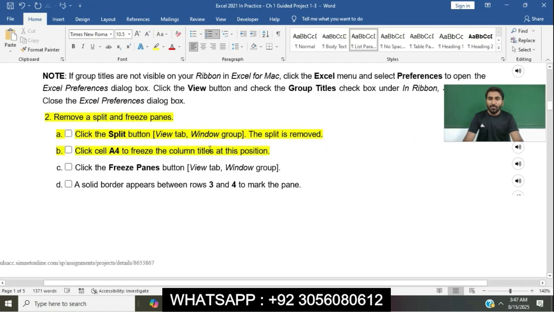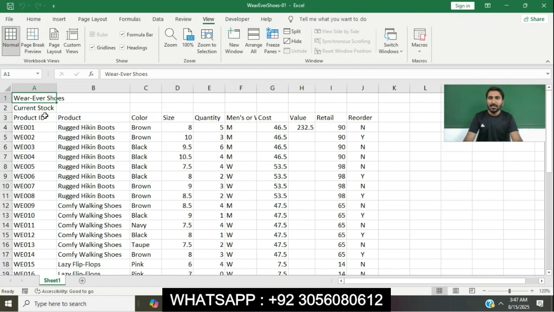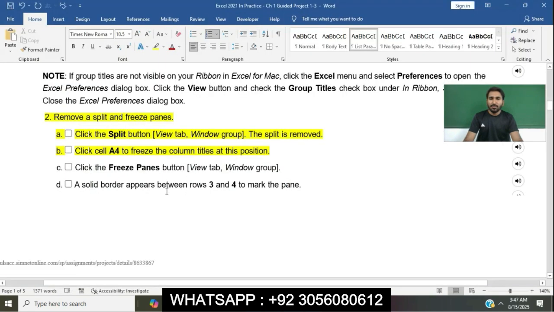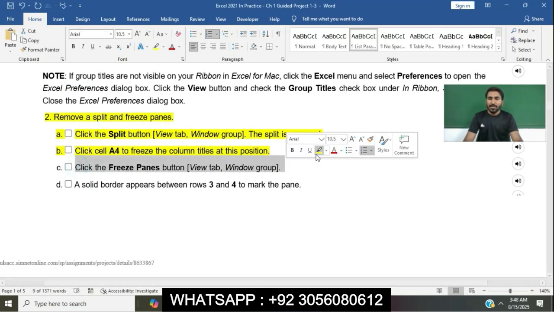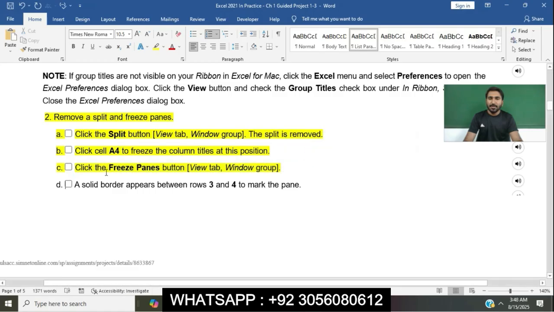So, point B of question number 2 is here: click cell A4 to freeze the column titles at the position. Click cell A4. So, point C of question number 2, click the Freeze Panes button.